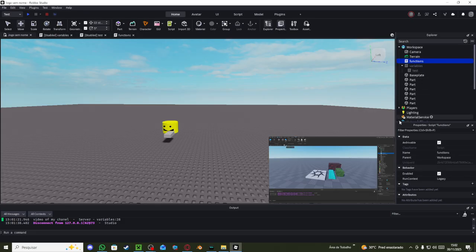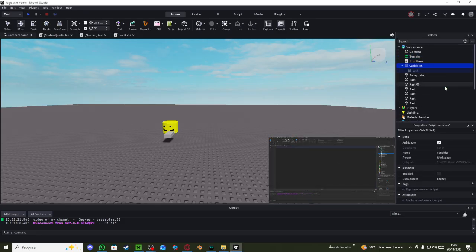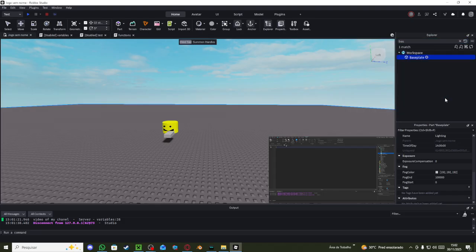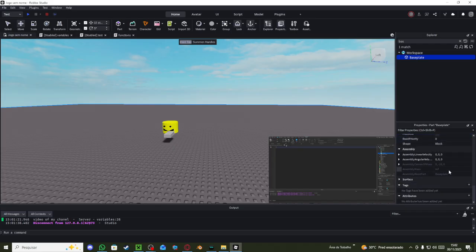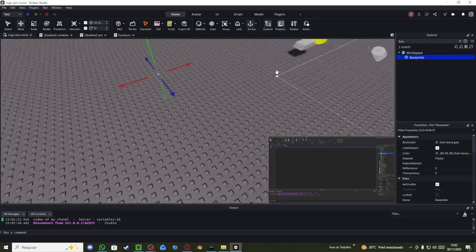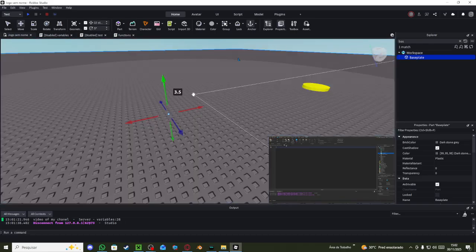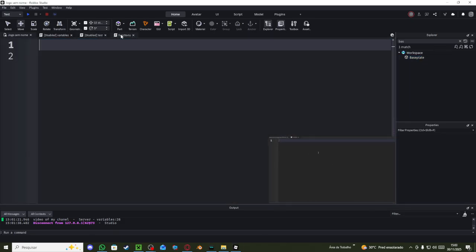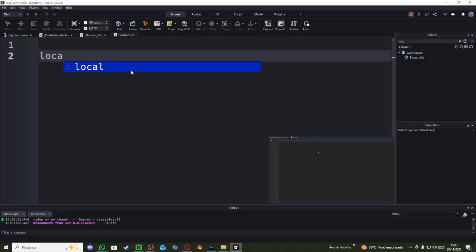I'm going to go to our script, and we're first going to make reference to this base plate like we did in the last episode.